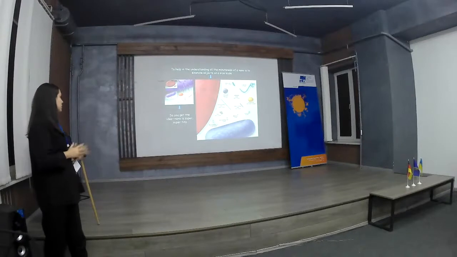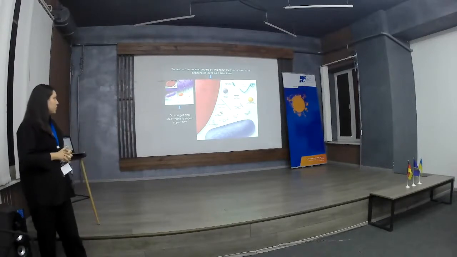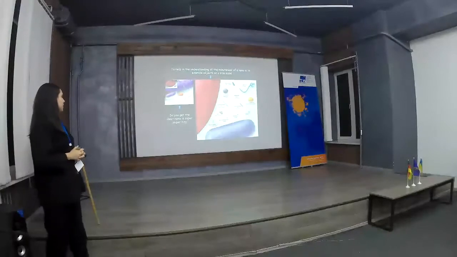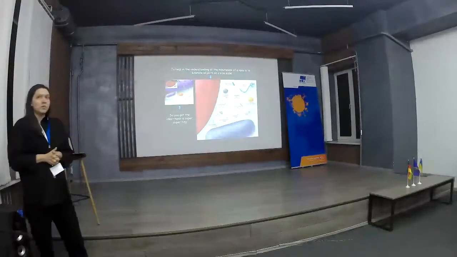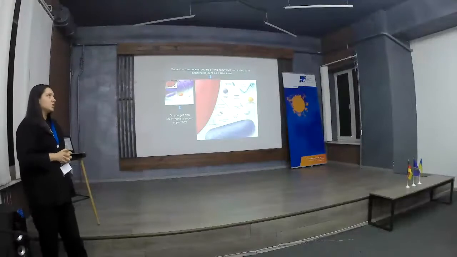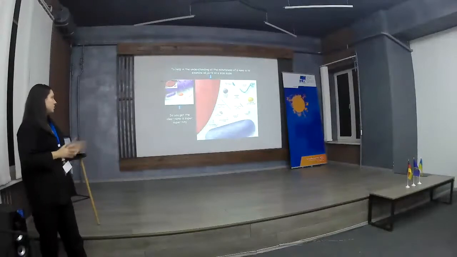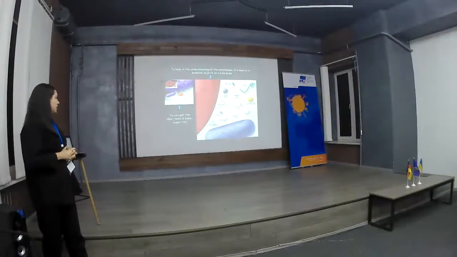Let's start with viruses. Viruses are the smallest objects on this slide. But we need to remember that virus particles are not living organisms. And when we talk about living organisms, there are bacteria. As you can see,